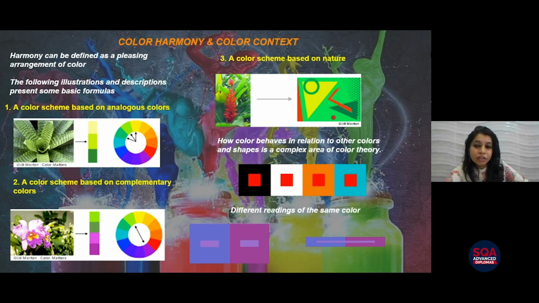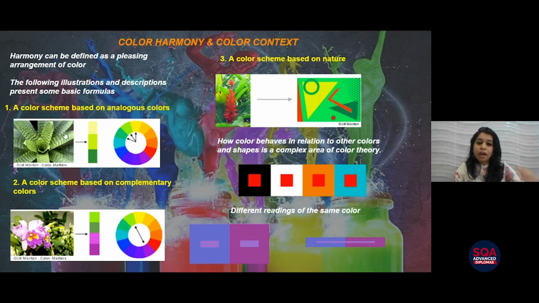Saturation is something that you need to understand because, like I told you, when you design, if you make the design too bright or too dark, it will be very difficult for the users to understand, and it will be very difficult for us to see as an audience. So we need to make sure that the color scheme is done perfectly.